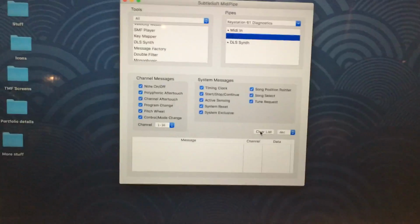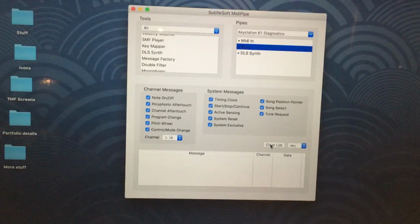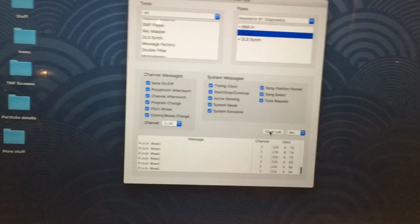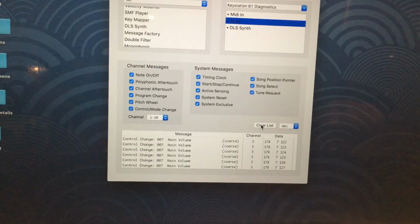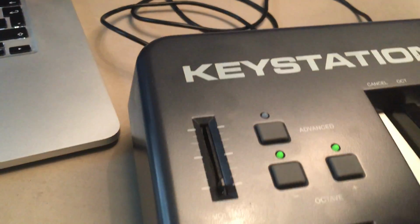Let's see, how about the modulation wheel? Yep, sending. Pitch wheel. Sending. Volume slider. Sending. But now I'm noticing the